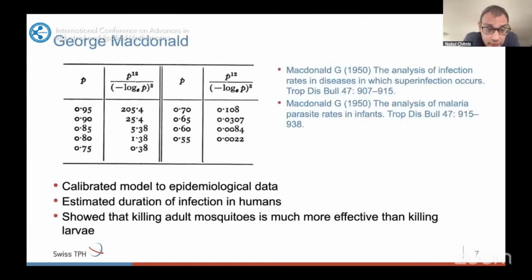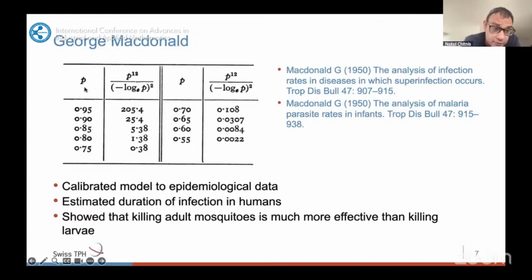And then George Macdonald came and he took the model that Ronald Ross had developed. He tried to calibrate this model to epidemiological data. He tried to estimate how long people are infectious, how long it takes mosquitoes to become infectious. And what he showed with some relatively simple mathematics, P here is the